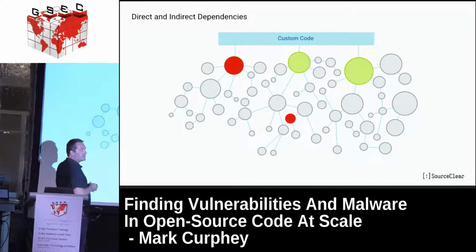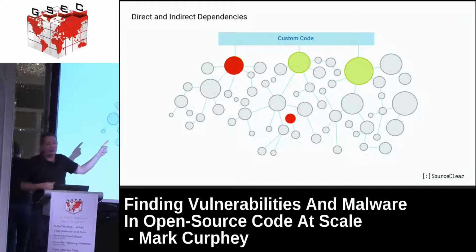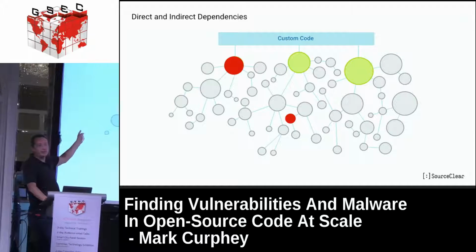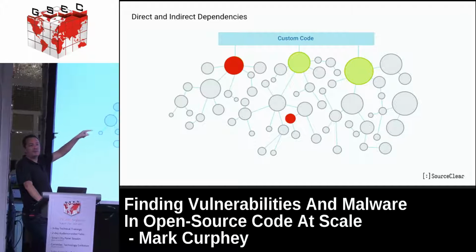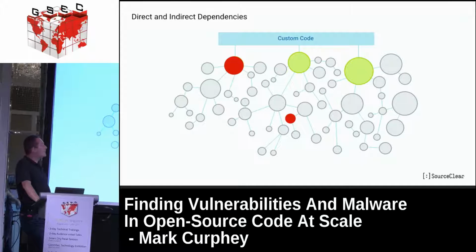And of course, the bad guys know this, right? They know that the simplistic way of looking for these vulnerabilities is people consuming these things in their code. But the reality is you have to build the code, and the smart guys are hiding these things deep in these dependency graphs.